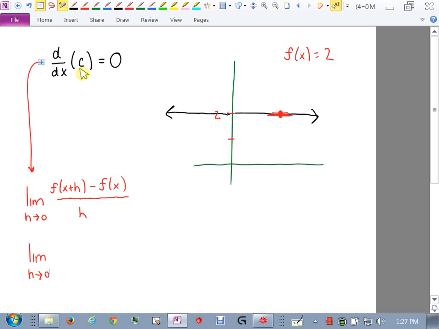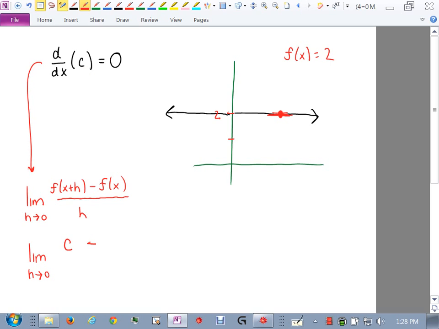What happens if I come over here and I plug in x plus h into that? What does it spit out? What if I plug in 5 into that? What does it spit out? 2? What if I plug in 10 into that? What does it spit out? 2? Doesn't matter what I plug in, right? That function only knows how to say one thing, 2. You plug in things, it just keeps on putting 2 out, right? So if I plug x plus h into that function, it's going to spit out that constant, no matter what. So it's just going to be the constant